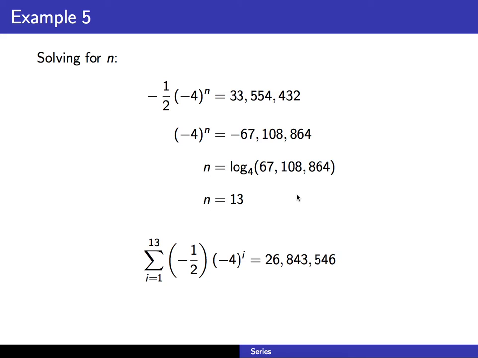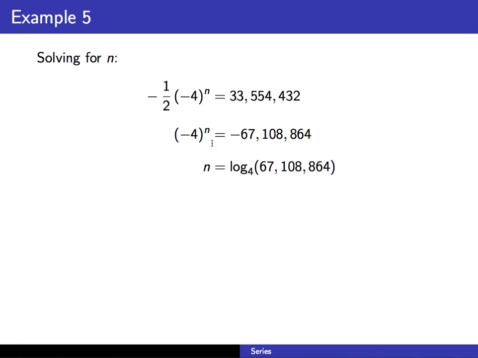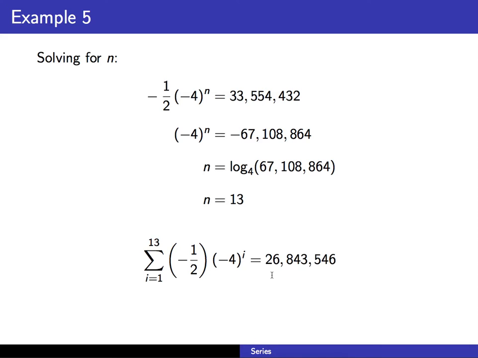26,843,546. In terms of our traditional rule, our first term is 2, our common ratio is negative 4, and we said that there were 13 terms. So we would do 2 times 1 minus the expression negative 4 to the 13th power. And we would take that result and divide it by 1 minus negative 4. And we would end up with 26,843,546. I did again want to show you the traditional rule,